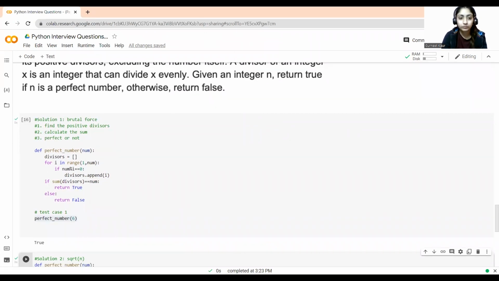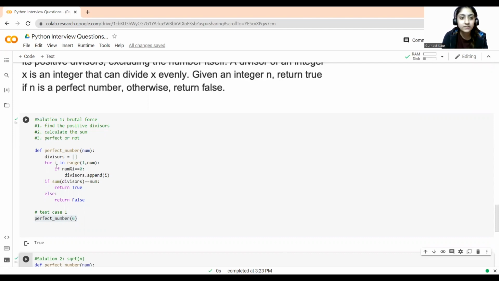To find out using brute force, we will first define our perfect number function. We'll give divisors a blank value and then we'll use a for loop. It will iterate over the entire sequence from 1 up to the integer value.